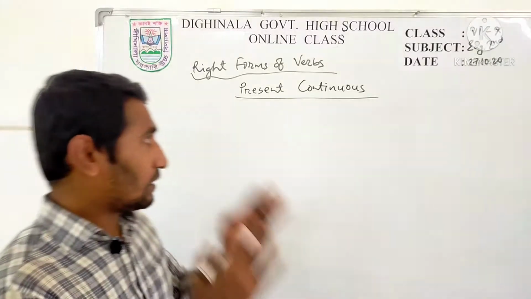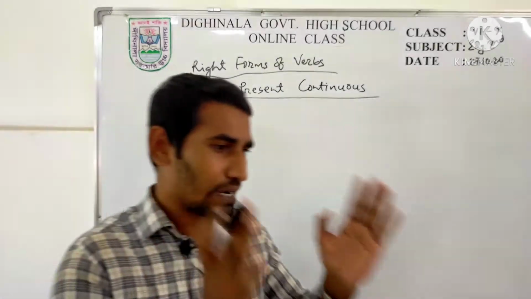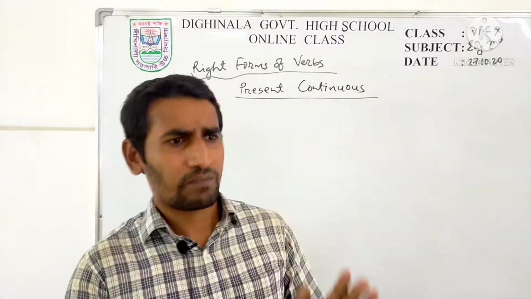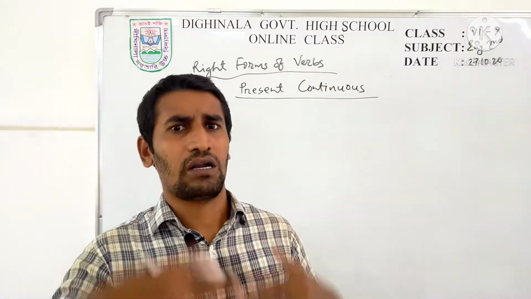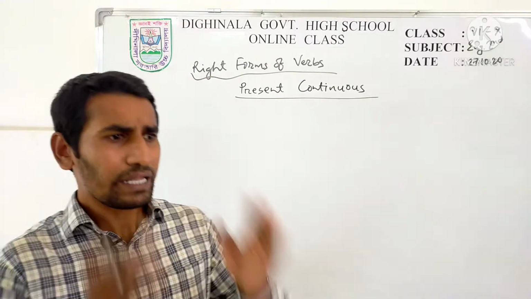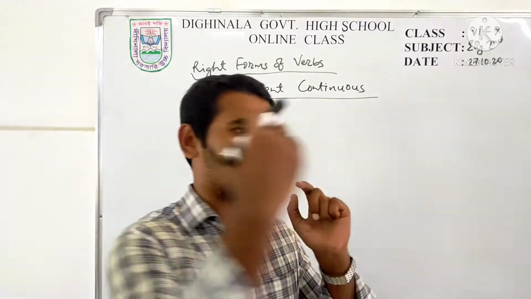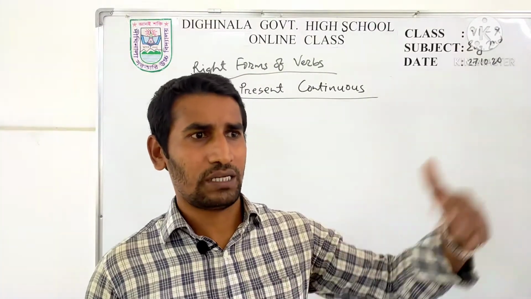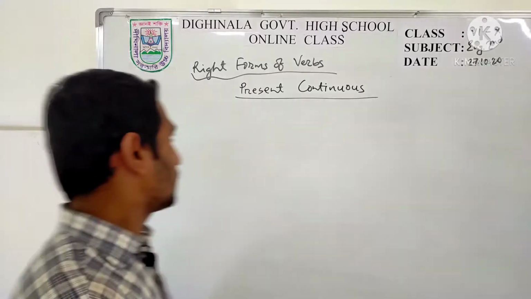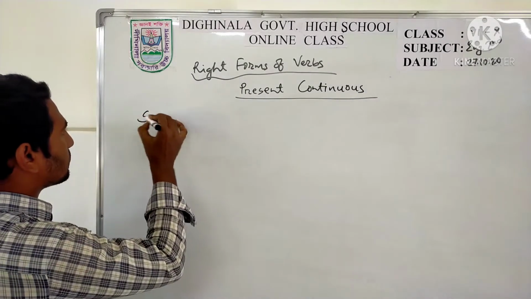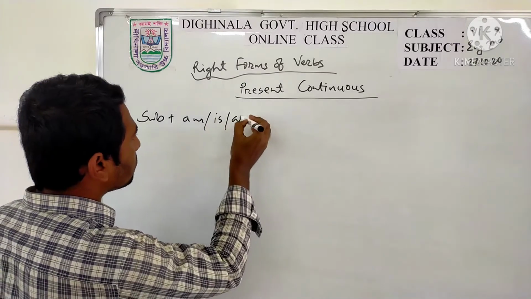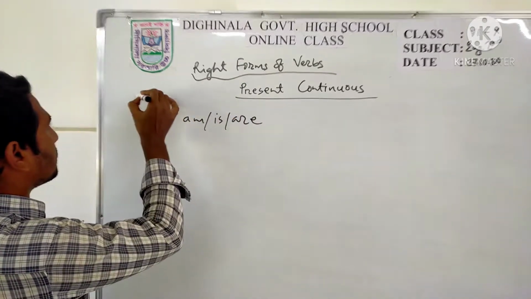So what is the structure of present continuous tense? The structure is: there is the subject, then you have to put the be verb like am or is or are, and then the main thing, that is you have to put the ing form of the verb, and then the extension or next portion that will be given in the question paper. So the structure is subject plus am or is or are, then